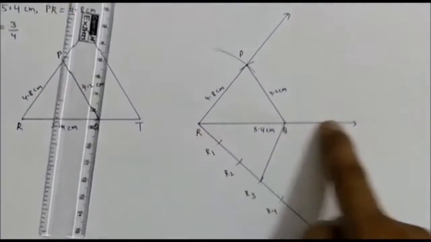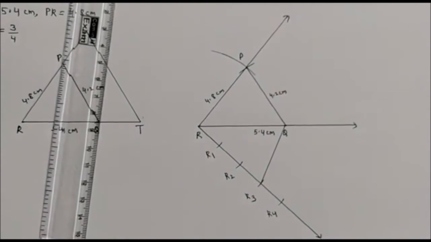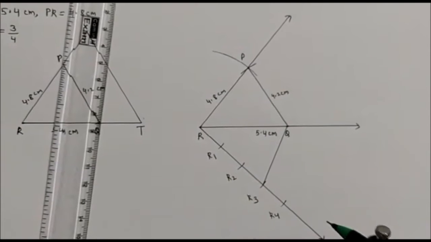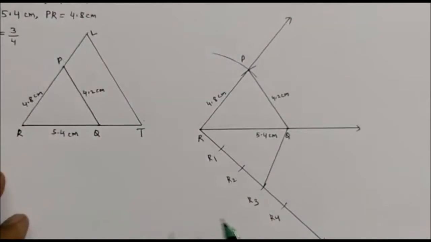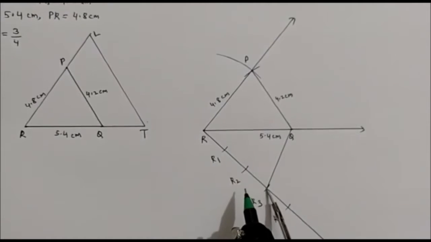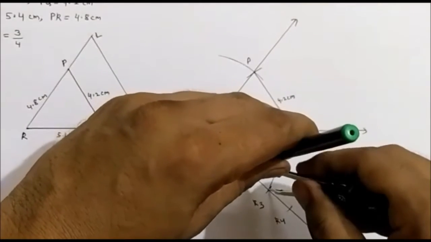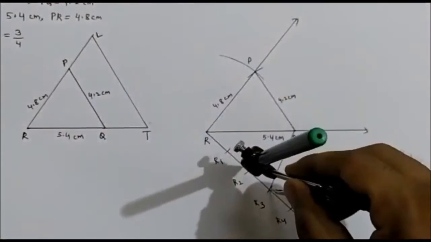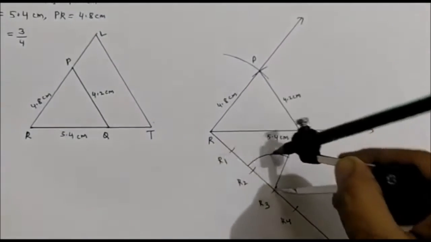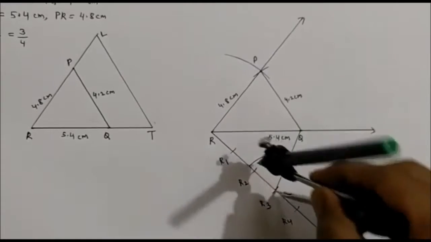Okay, you extend this line. Now see how we do this. This method is similar to how we did tangent without using center. See how we start with this. First, keep the compass on this third point, R3, and take a distance just beyond R2. Take the distance and cut this arc. Complete this arc. Joining these two points, you cut an arc here.